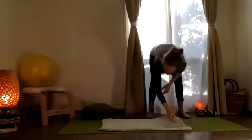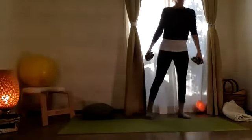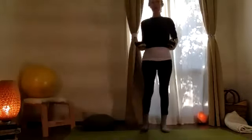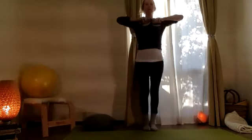So if you want to clear your blanket for now, we'll go ahead. And let me see, I'm going to adjust this camera ever so slightly so you can see a little better. Okay, so let's bring your feet all the way together, weights in front of you, and we'll inhale, squeeze, really